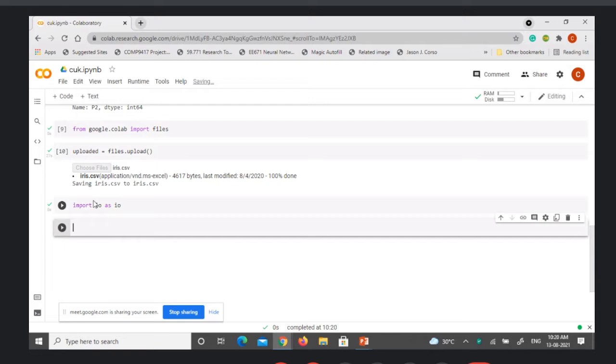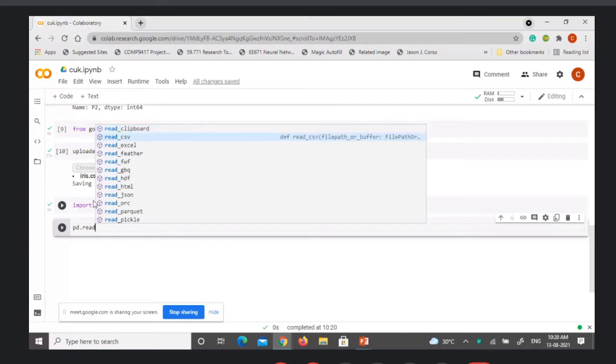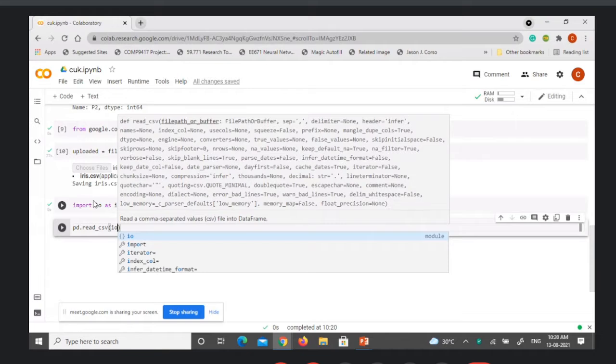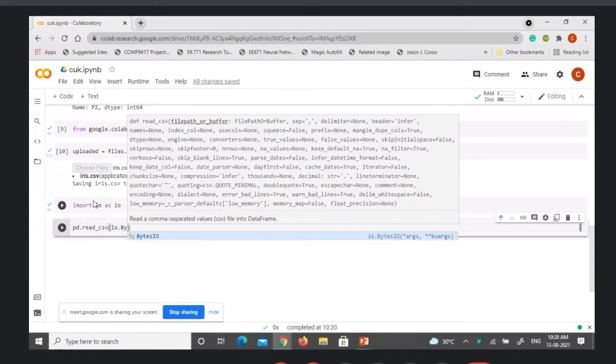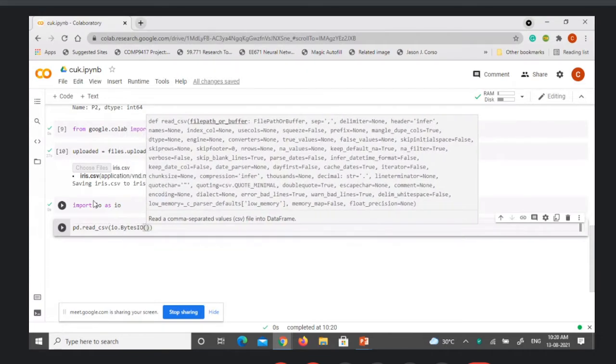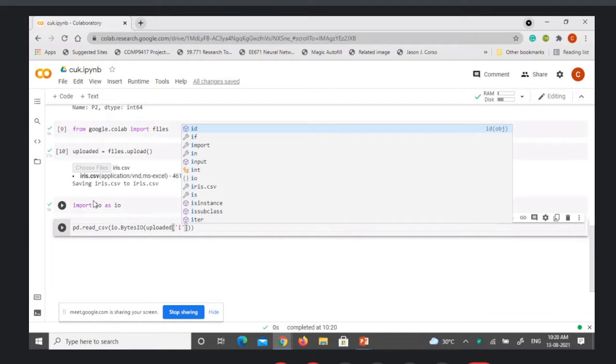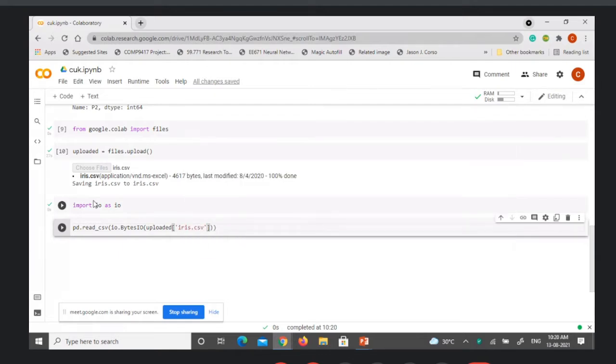And we'll say pandas.read_csv of io.BytesIO of uploaded of iris.csv. So this is connected.